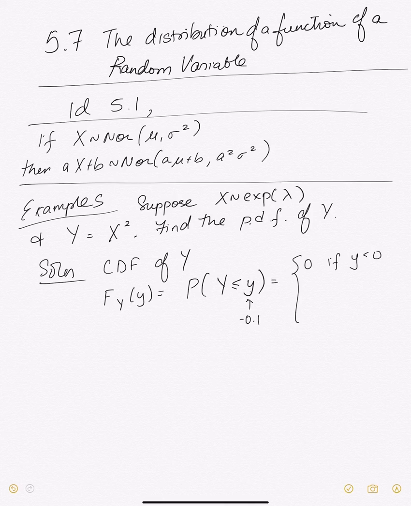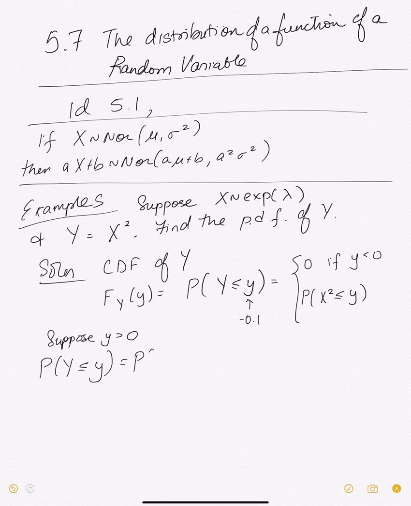Okay. And now what do we do when y is bigger than 0? Okay, so in that case, you have that this is the probability that X squared is less than or equal to y, right? Just replace Y with X squared. Okay, so let's actually write it down all over here. So suppose that y is bigger than 0. The probability that Y is less than or equal to y is the probability that X squared is less than or equal to y, which is the probability